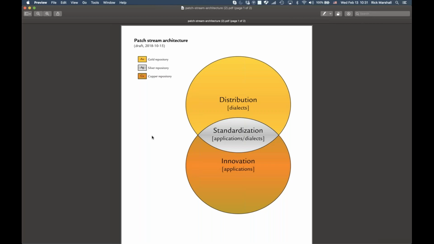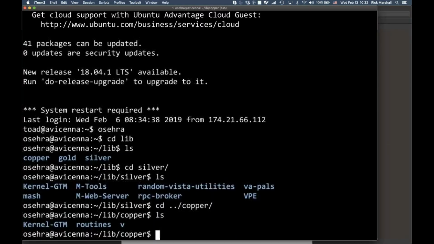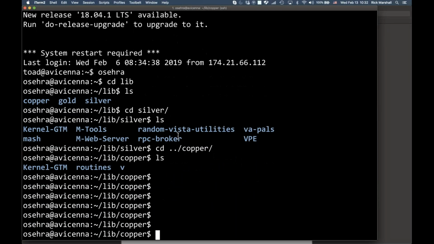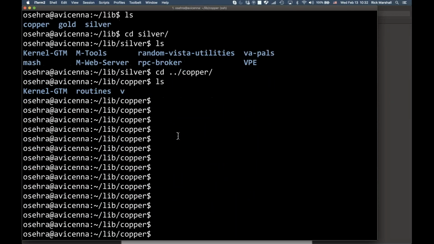There's an increasingly large number of feeds, if you think about it, that are feeding information into the system. If we're going to keep these VAPALS servers up to date, we have to be able to locate all those feeds. And we have to know how information is organized within those feeds and what kinds of files are found in them. And just to give you a hint of what I'm talking about, if I'm here on Avicenna,